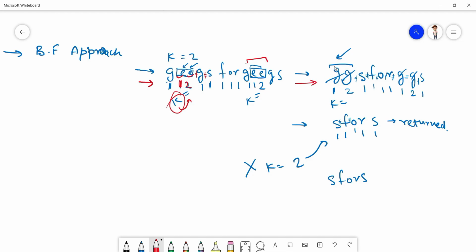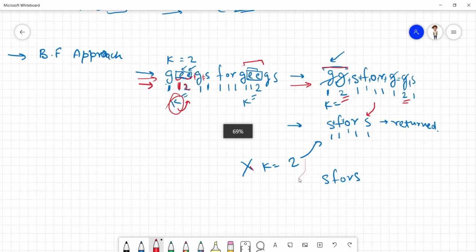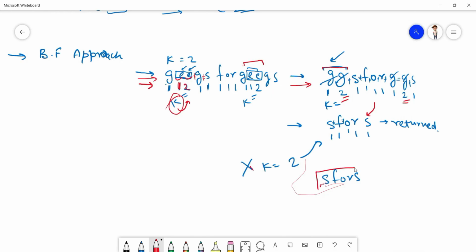Now we traverse again and we find that the count has been equal to 2 here, the same way as in this case also. And then our string became this. And here we saw that there are no k identical consecutive elements present, so we returned this string, and our answer came over to this.